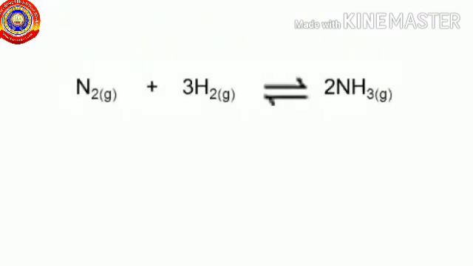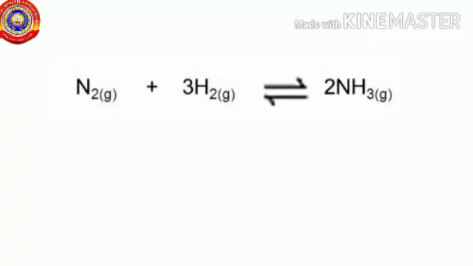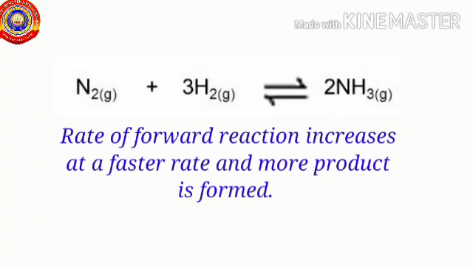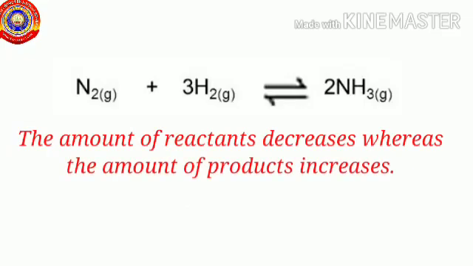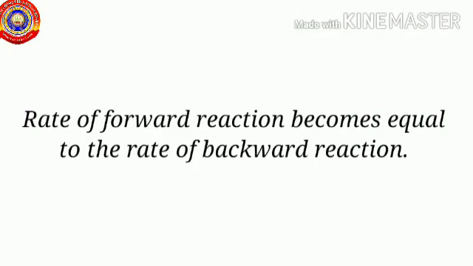Let's consider the equation of ammonia. You know that ammonia is an example of a reversible reaction. At the beginning of this reaction, you can see that the amount of ammonia, that means the product, remains zero. As time passes, what happens? The amount of reactant decreases, which means the reactants react together to give the product, right? So the amount of reactant decreases and the amount of product increases. Accordingly, there occurs a situation where the rate of forward reaction becomes equal to the rate of backward reaction.